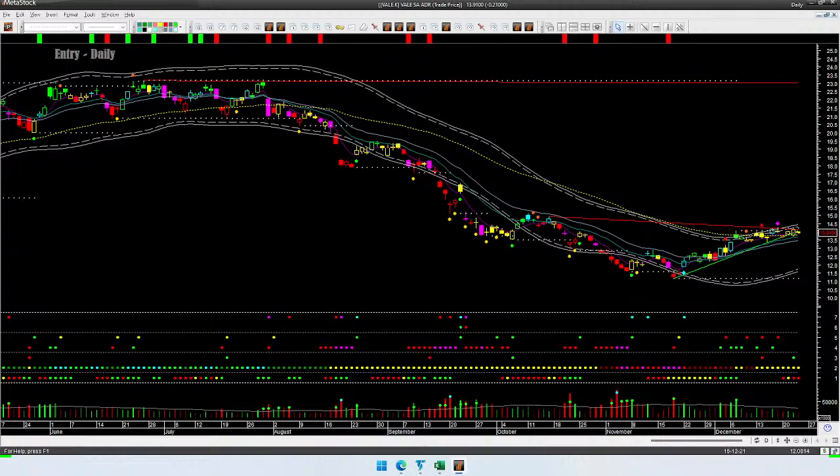VALE is breaking down below trend line support. However, it's moving in a narrow range, so I'm not going to short it using stocks. Let's skip this also. It could probably be shorted using option strategies, or it could be shorted if it gives a go with flow short setup next week. But let's skip it for now.